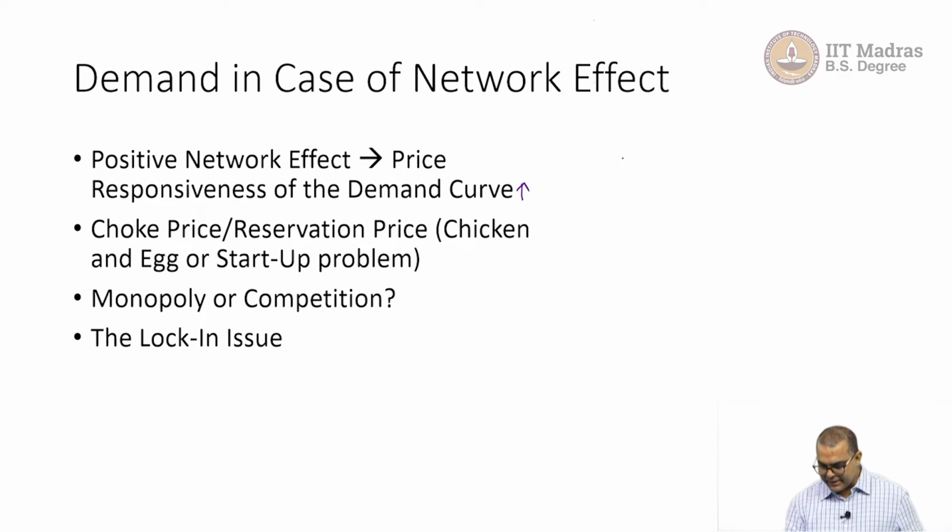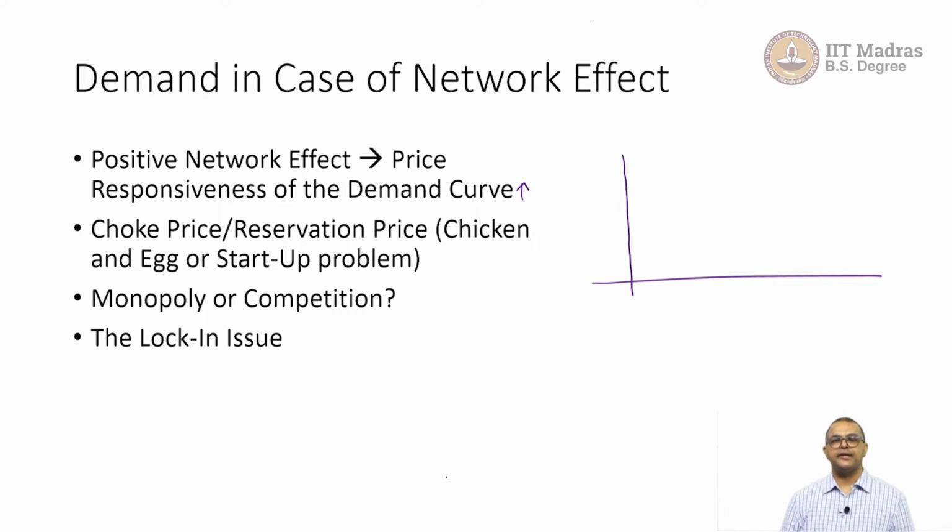We had learned earlier that by horizontally summing individual demand, we can get market demand. But here is one particular problem. When we are just simply summing, we are ignoring the network effect if it is present. So what we had learned earlier is not wrong. That works well when we do not have a network effect. Now we are going to learn a technique which would tell us how to get market demand in case the network effect is present.